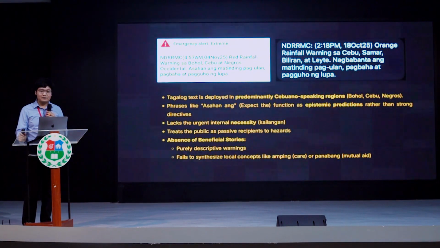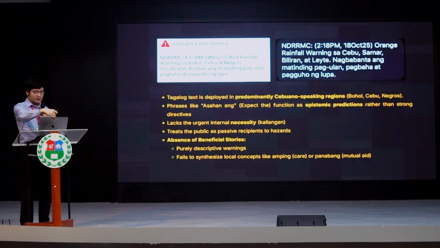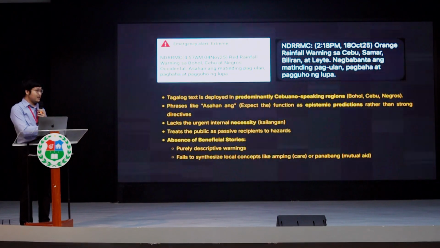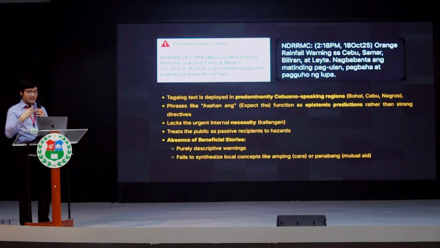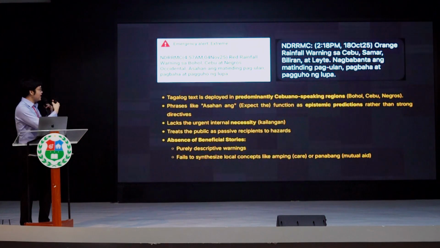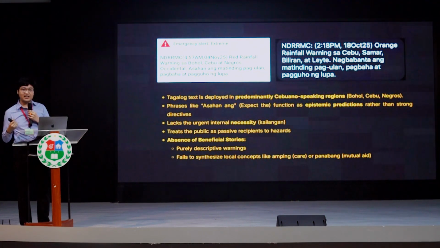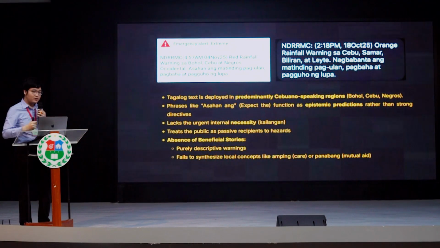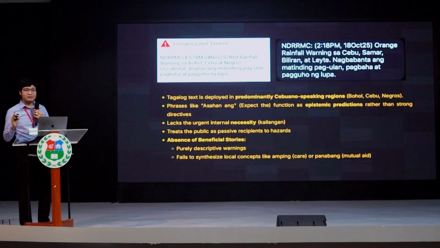Here are sample alerts. More likely than not, you have already received one of these, right? So we apply this to real-world artifacts. So here you can already see the severe translation friction between the Tagalog text and a possible Cebuano text. These were sent to predominantly Cebuano-speaking regions like Bohol, Cebu, Negros, right? You sent a Filipino-coded warning to them. Perhaps the idea here would have been better, the idea here is not to replace the national system, but to sort of supplement it with a localized, a regionalized variant in the local tongue, to sort of avoid any misunderstanding,